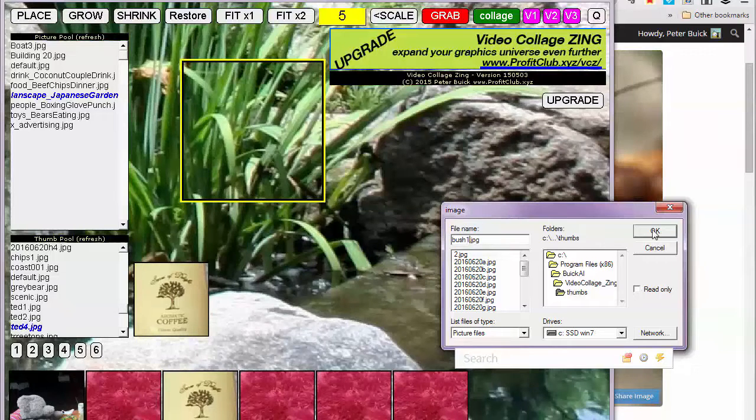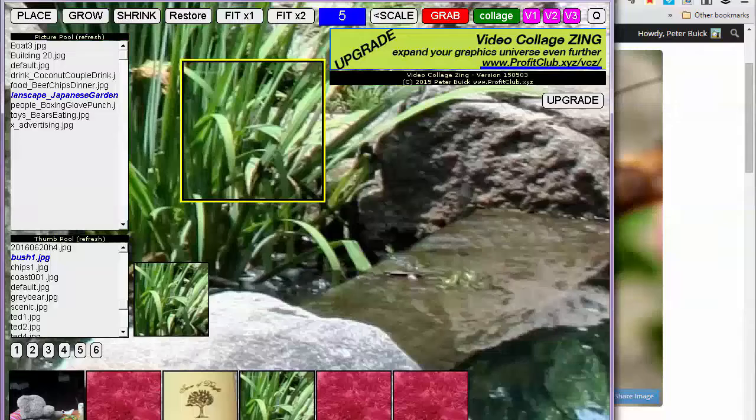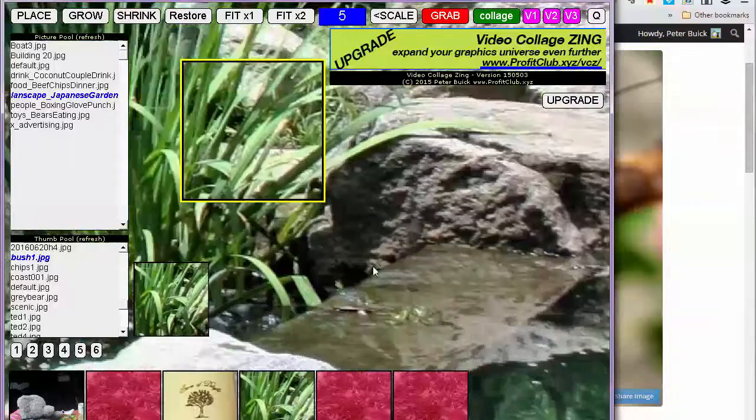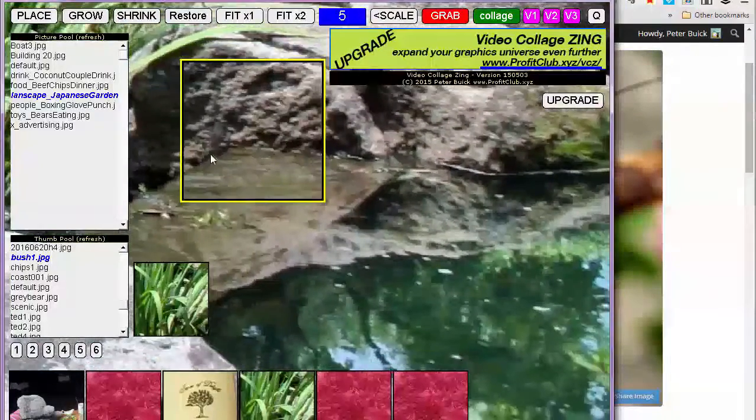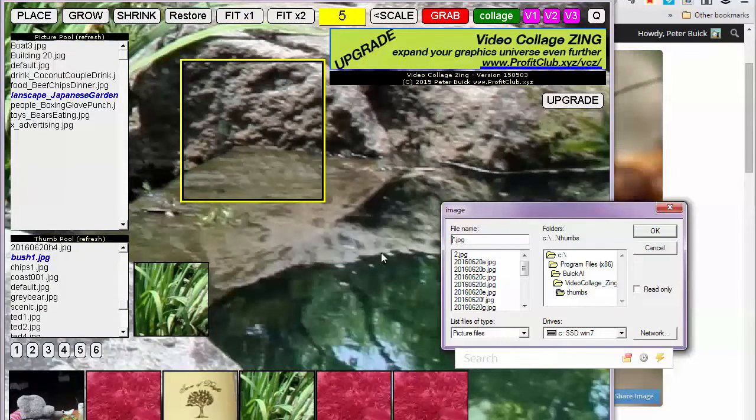Okay, so we can stick that in our collage. You can see it's going to be quite an interesting little thing. The patterns of the rocks there, again out of context, are pretty interesting. It just depends what photographs you put in it, but obviously something with a lot of detail that